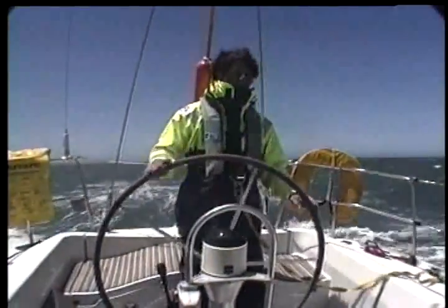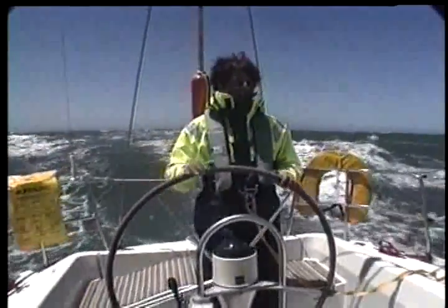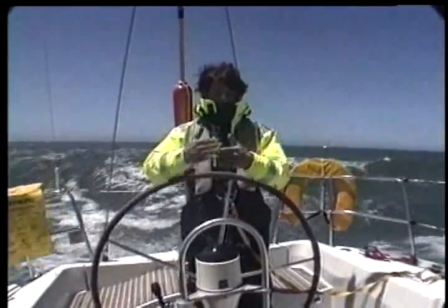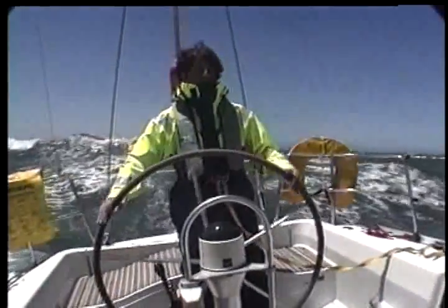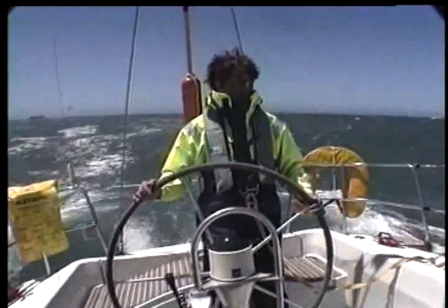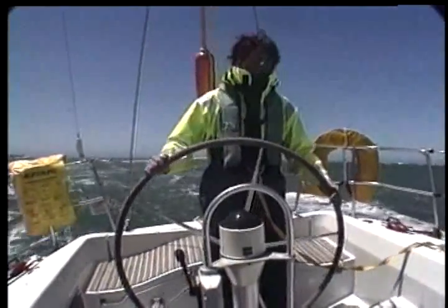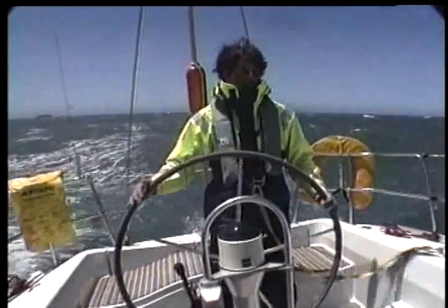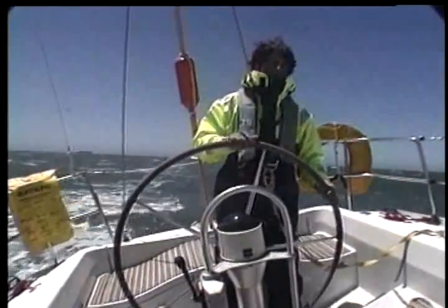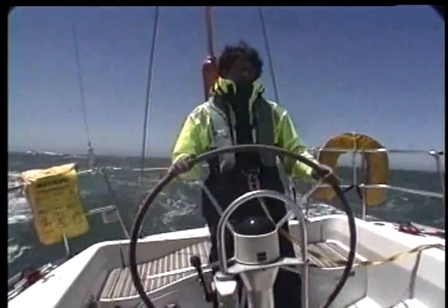Well, we got some pretty good waves right here, and luckily they're all from pretty much the same direction. Sometimes you might get one or two big waves, directions crossing each other, and it makes life a little more complicated. What we're doing right here is, just as the stern of the boat gets lifted up by the wave, we want to square the boat off perpendicular to the wave, put the stern square into the wave, and let the boat start sliding down the face of the wave. And just before she starts to slow down, you want to head back up just a little bit